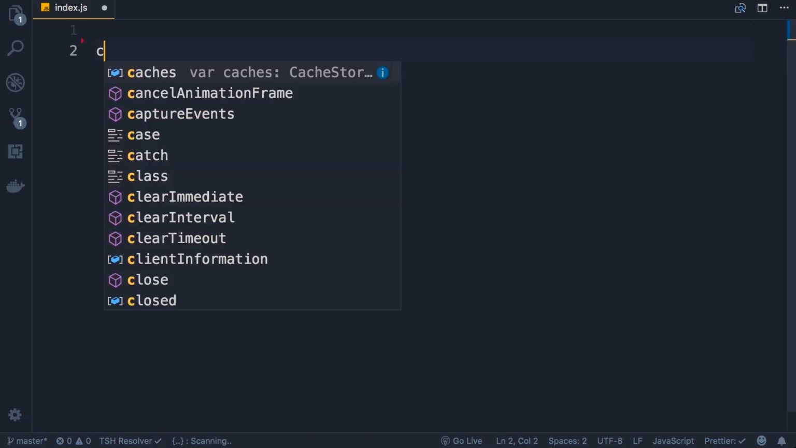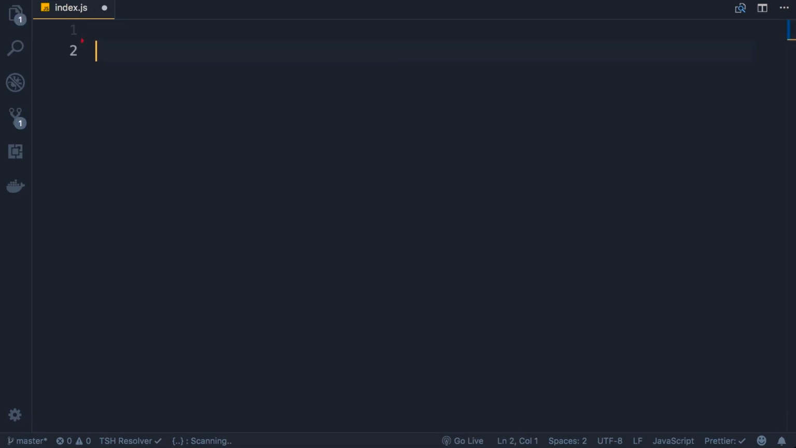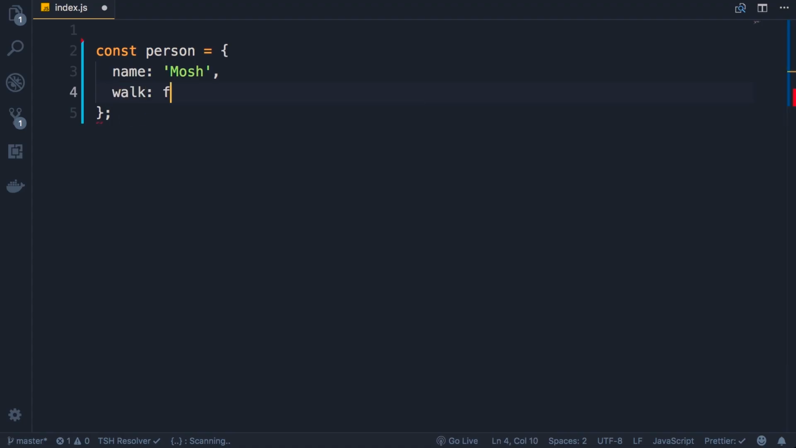All right, now let's take a look at objects. So once again, I'm going to use the const keyword to define a variable, well, more accurately, a constant, and set it to an object. So as you know, objects in JavaScript are collections of key value pairs. So I'm going to add a couple of key value pairs here. The first one is name, which was set to a string, and the second is walk, which was set to